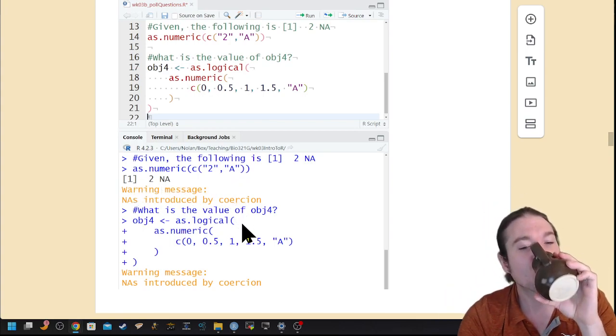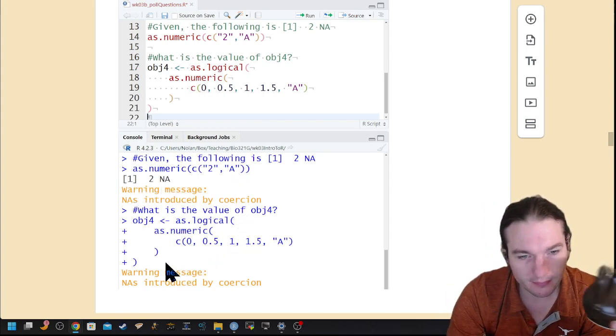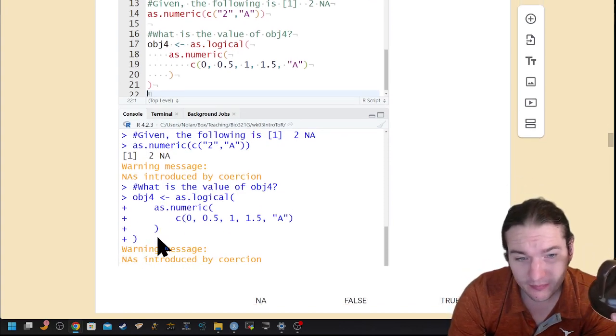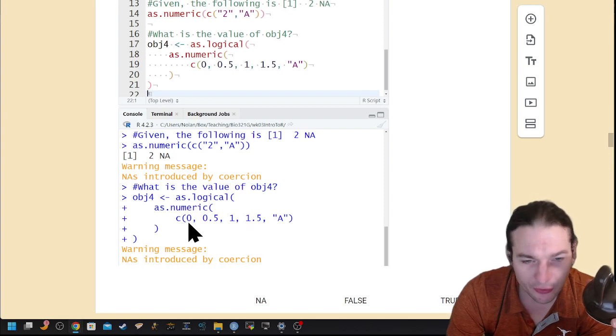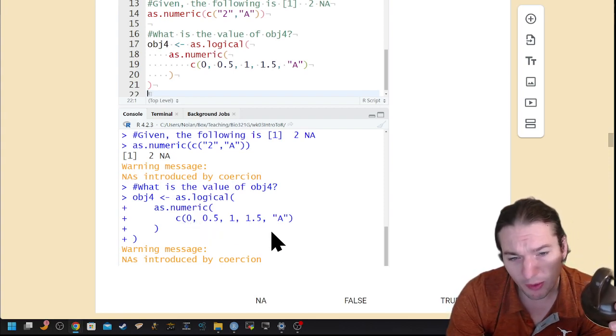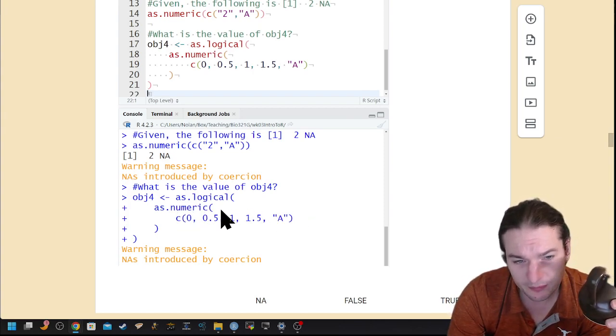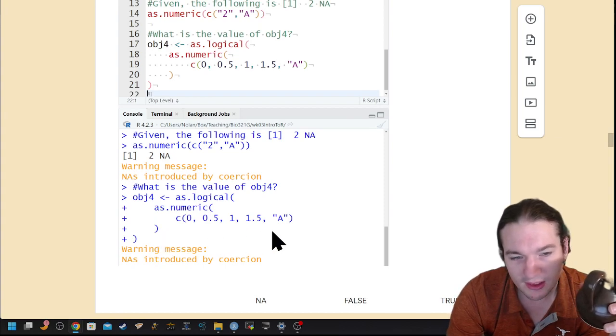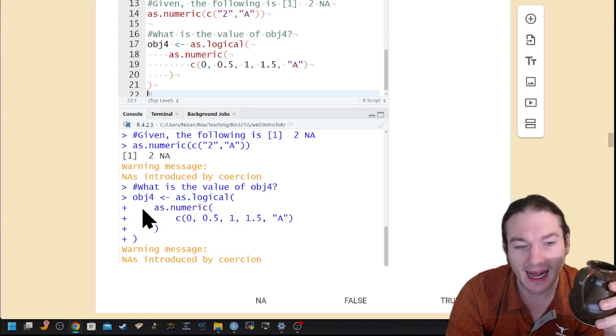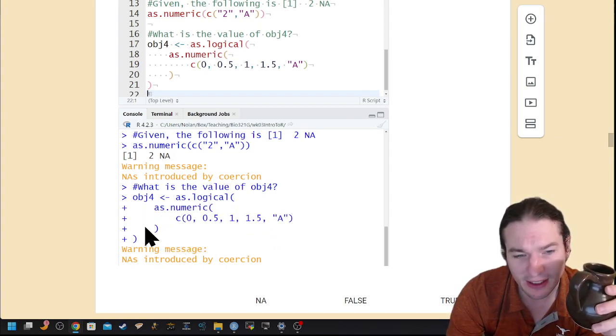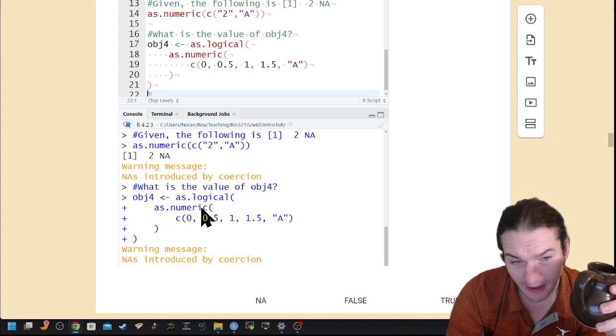The second example, the one I'm asking you to interpret, starts off with 0, 0.5, 1, 1.5, but then combines it with a, which means all of these became characters. That's cool. It's true, but it doesn't last for very long because they're immediately converted into numeric values.